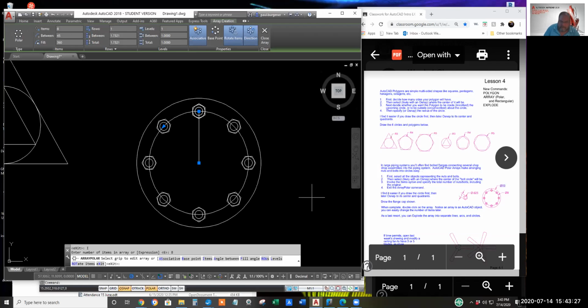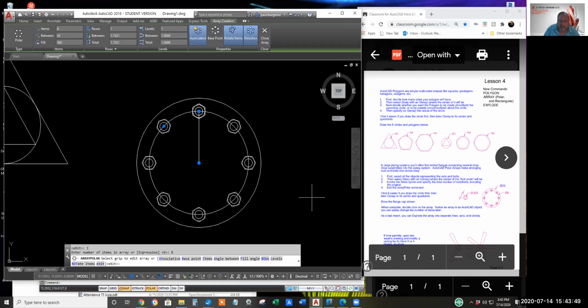There we go. Hit enter to exit the polar array command. It gives you the chance to change your mind on how many items. Looks like you even can go into 3D with the number of levels.